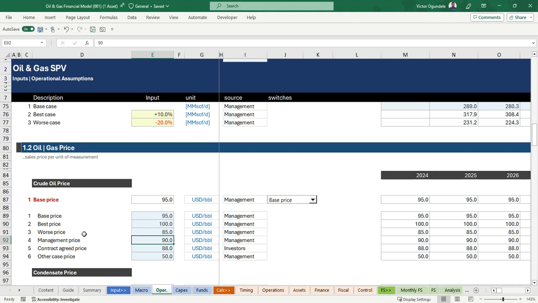Then there's the management case, where management says, you know what, this is the price we're going to use. Then you have what we call the contract agreed price. If I'm giving you funds today, and you are preparing a cash flow that will show how you are going to meet those financial obligations, we need to agree on what the price would be. There are cases where investors will tell you that, based on the outlook and what might likely happen,